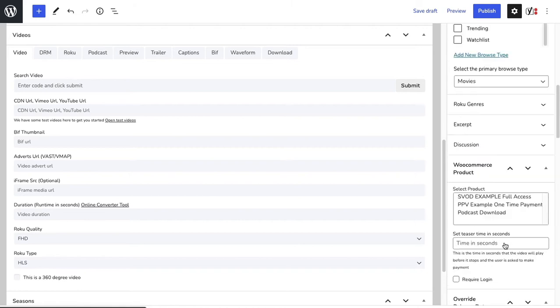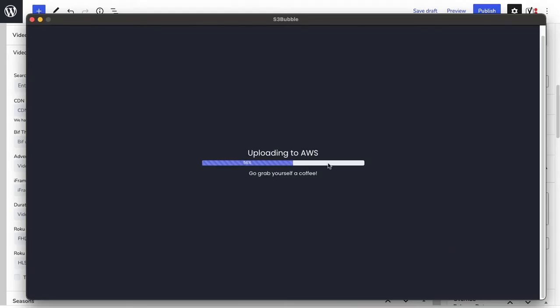Now again, we'll talk about how we can put this behind. We could require login for this, and we could put it behind a product. So if we wanted to put it behind an SVOD model, for instance, we could say let's put it behind the SVOD model, but let's give them a 5-second teaser under the SVOD model. Okay, and let's go back to the desktop app, and I'm just going to wait for this to finish uploading